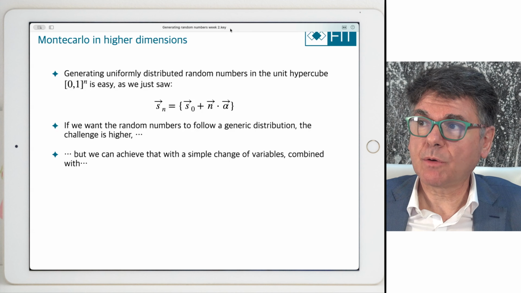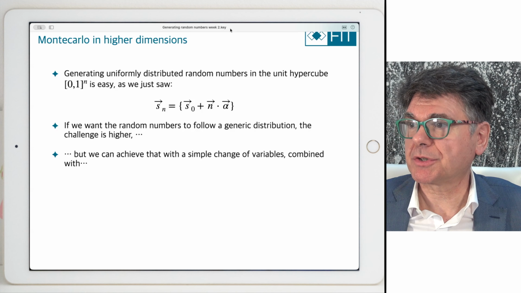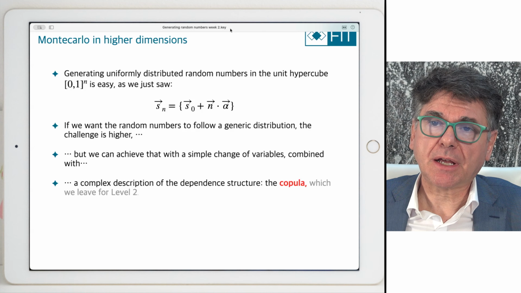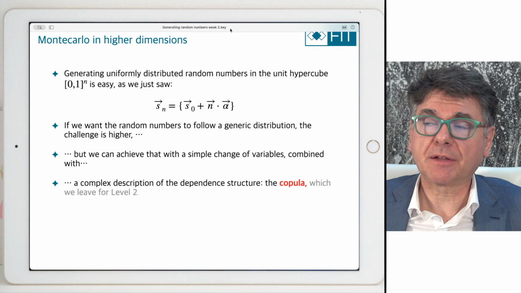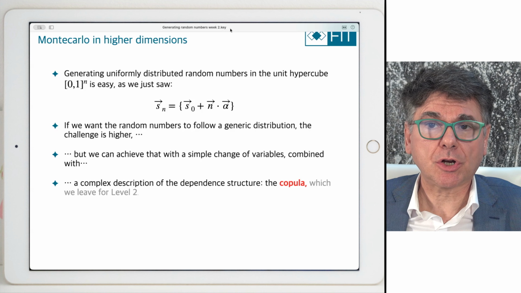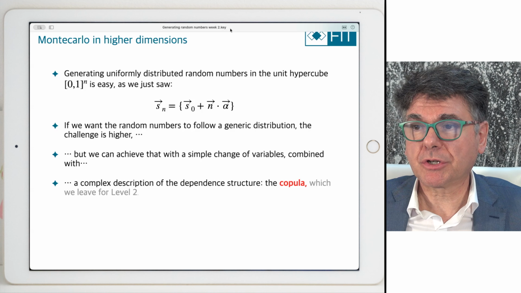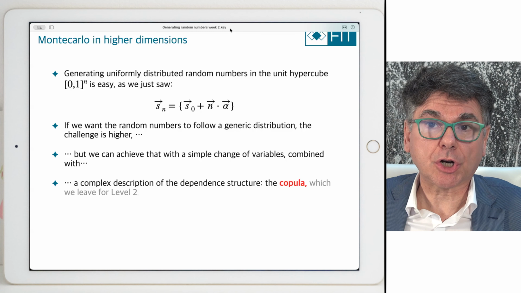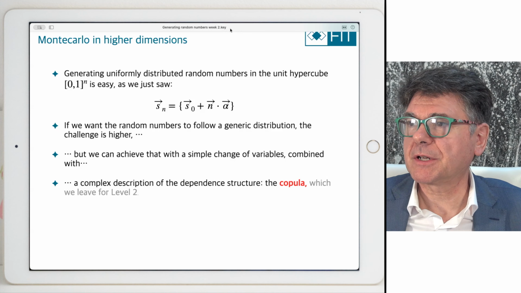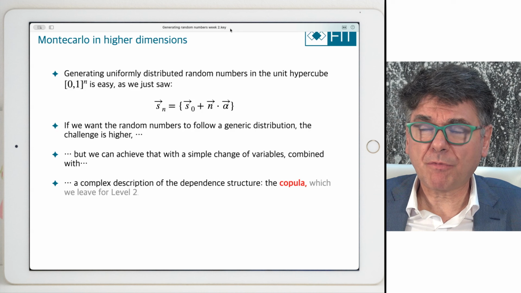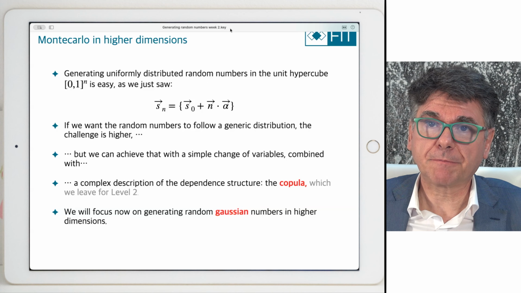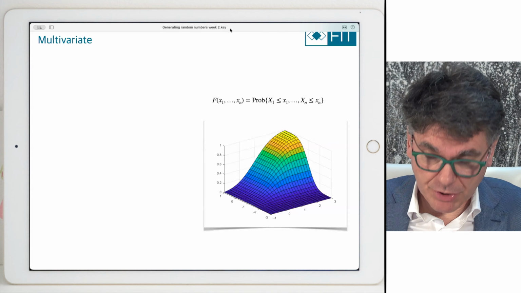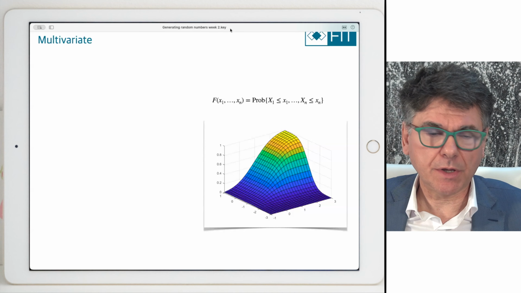But there's one case in which these things work pretty well, and that's in the case of Gaussian distributions. Gaussian distributions have the characteristic that the variance covariance matrix has all of the benefits of capturing the dependence structure. For distributions which are not Gaussian, we have to resort to something called copulas, which I will explain in a few minutes. But this is far, far more complicated. So let me focus on multivariate distributions for the Gaussian first, and then I'll show you how we do this in the non-Gaussian world.